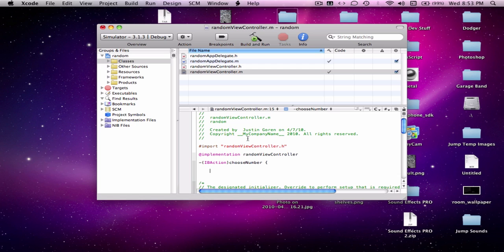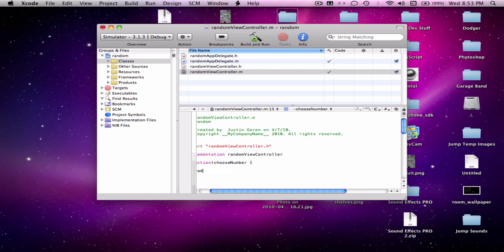So now we called our int randomNumber. So go randomNumber equals, here's what it's called, arc4random, ARC4RANDOM, two parentheses. It should fill that in for you. And now percentage sign, which is shift 5. And since we're doing 10,